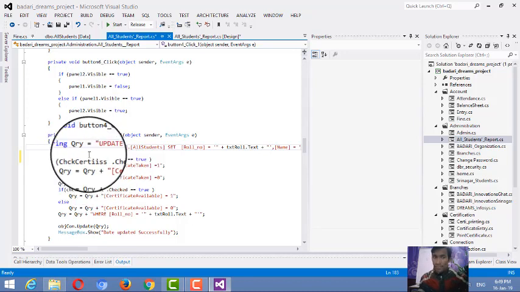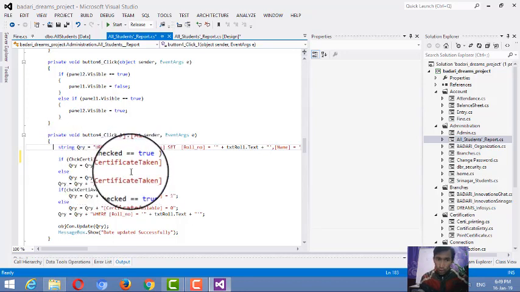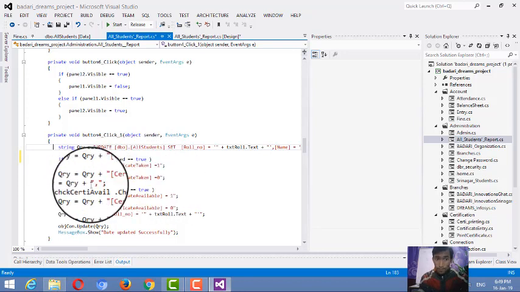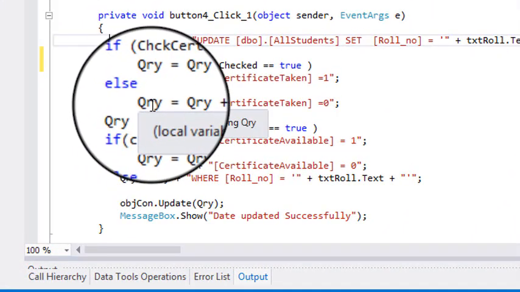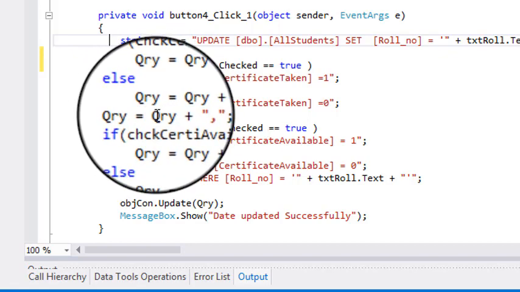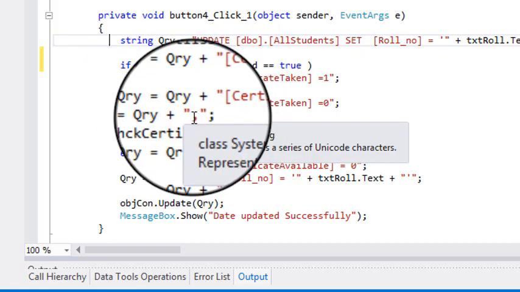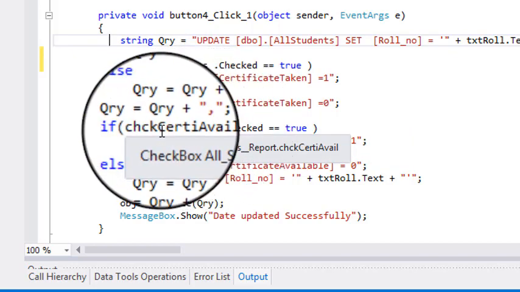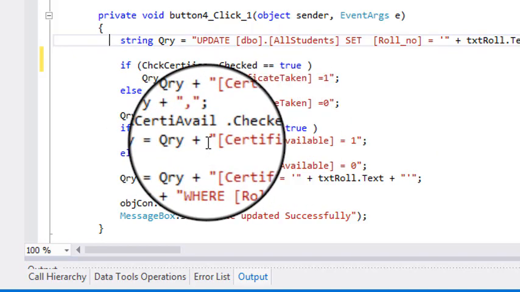So query equals query plus this, or if that is not checked, say 0. Again, query plus this: the query we have put here as defined will be added again here. And a comma will be put. And after putting this comma, the last one is: if certificate available dot check, then it